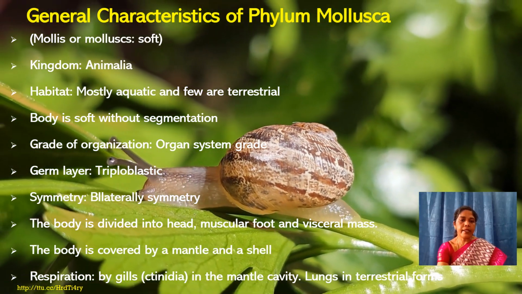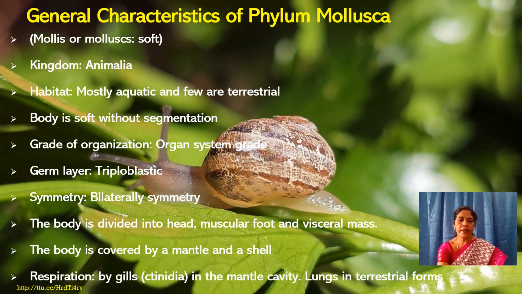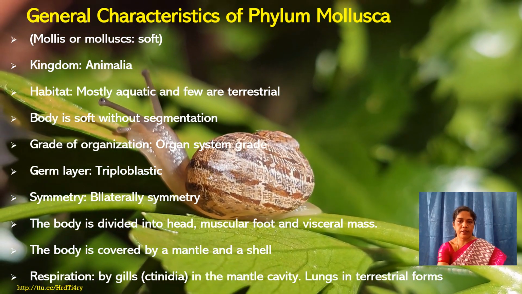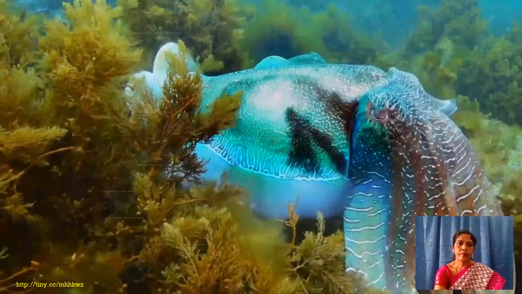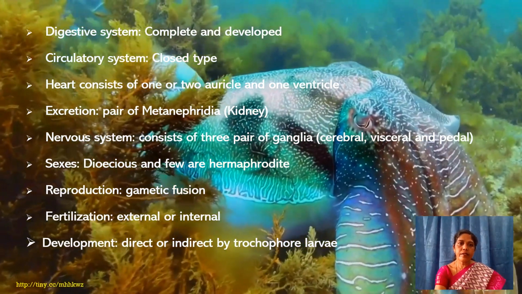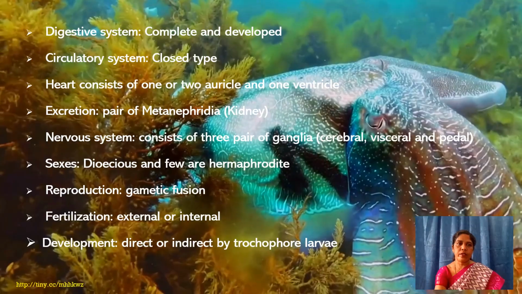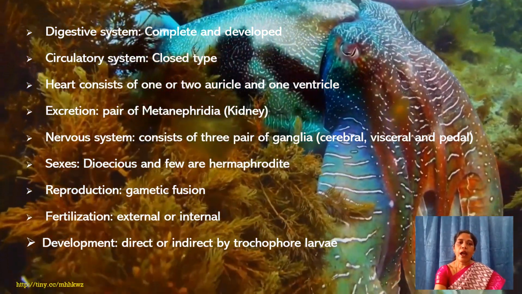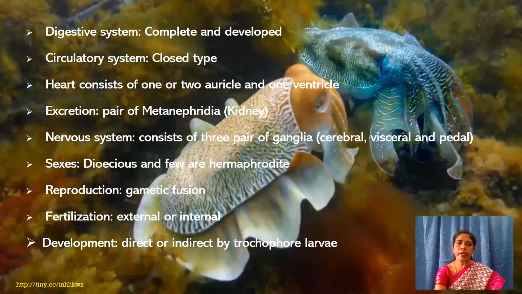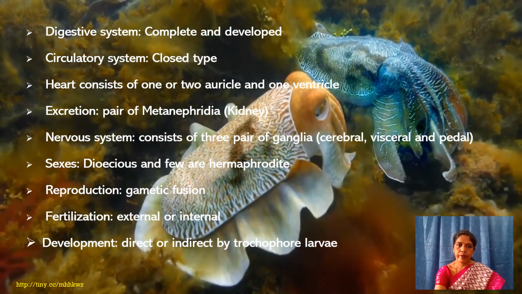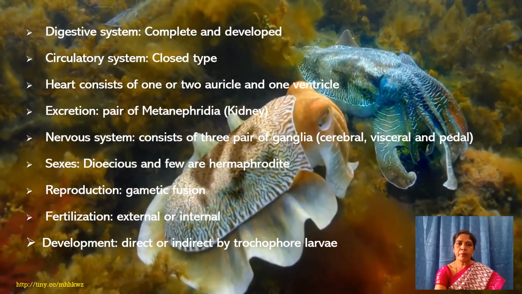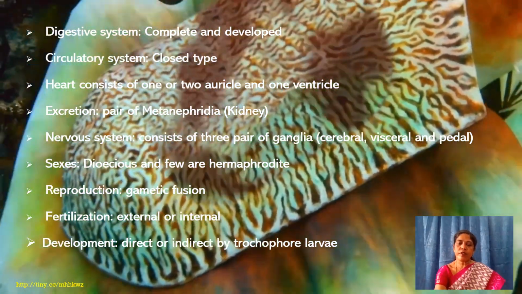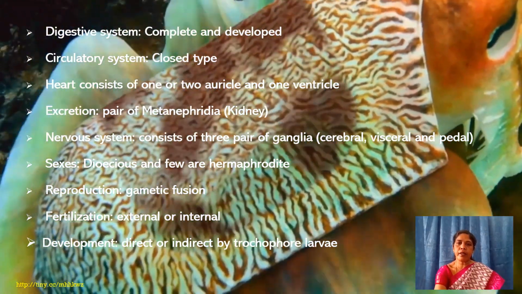Respiration occurs by gills or ctenidia in the mantle cavity. Lungs are present in terrestrial forms of mollusks. The digestive system is complete and developed. Circulatory system is of closed type, and heart consists of one or two auricles and one ventricle. Excretion happens by a pair of metanephridia, and nervous system consists of three pairs of ganglia, that is cerebral, visceral,